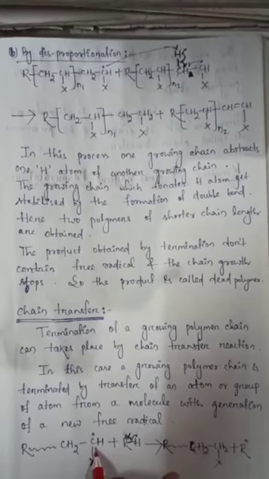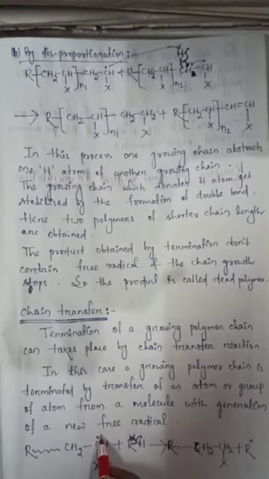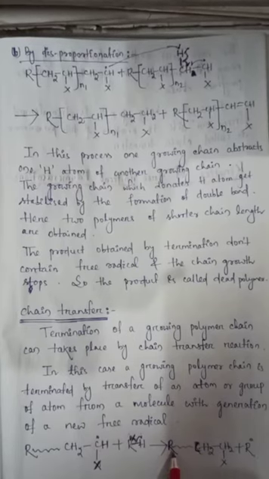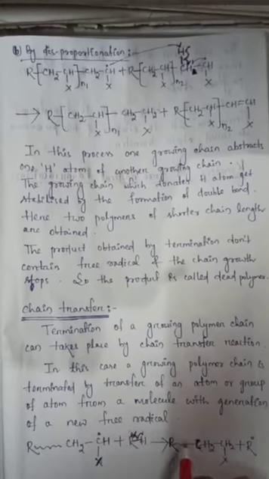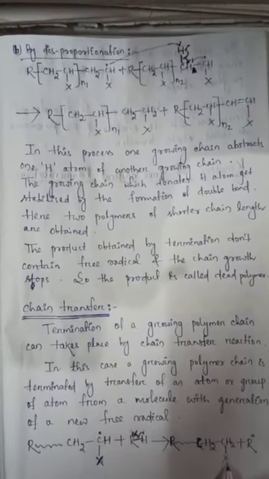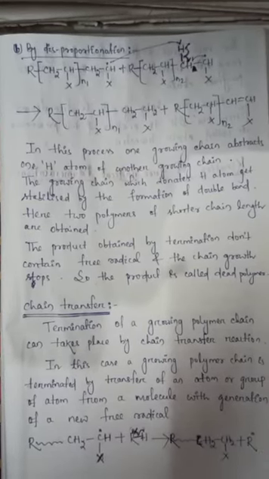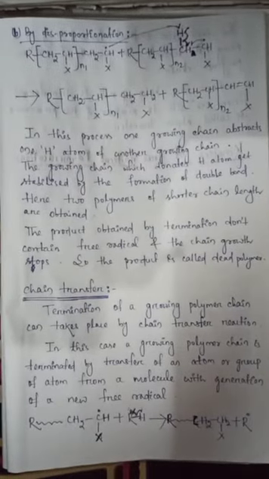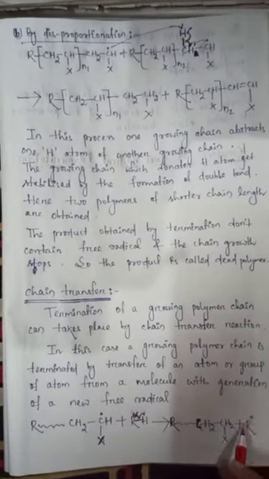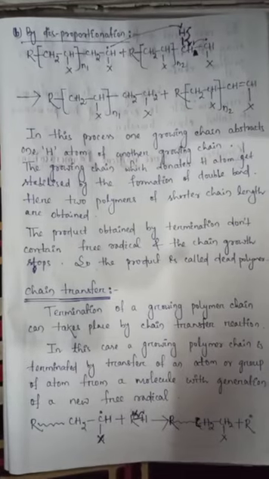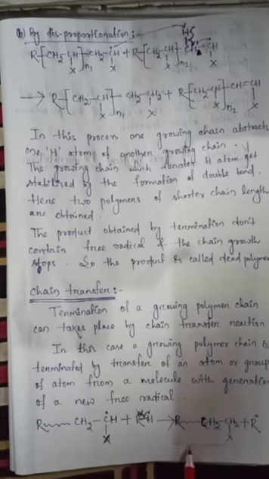So the C radical and H radical combine together, and this part is CH2, and it forms R, the chain CH2, and the CH radical and H radical combine together, forming CH2 single bond X, plus the R' radical. This is the chain transfer process. Here we get the polymer chain as well as a free radical. It may react with another polymer or may not, but here we found chain termination, and this is our product.